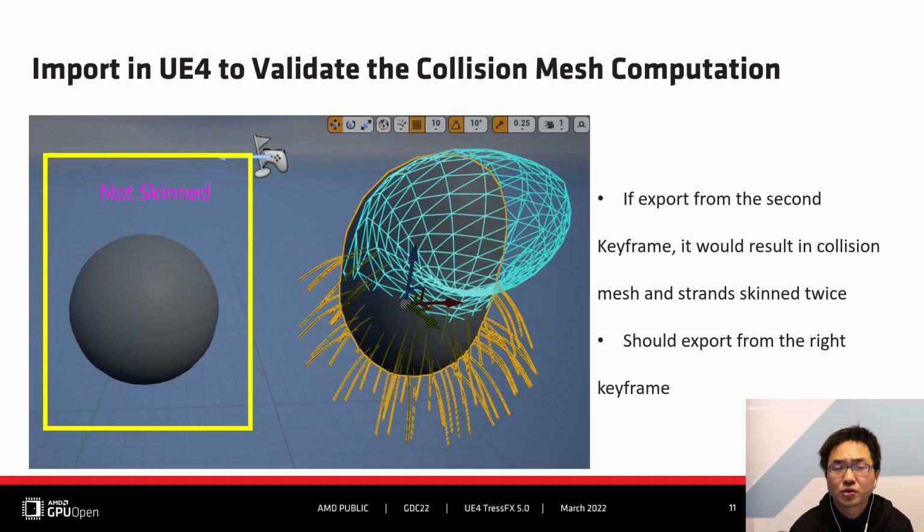It's now convenient to check since we have the visualization tools. If we export from the second keyframe, both the strands and the clear mesh would be scanned twice. Obviously, that should be one of the reasons which may result in incorrect SDF. We should export from the first keyframe, which keeps the original mesh position unchanged after binding bones.